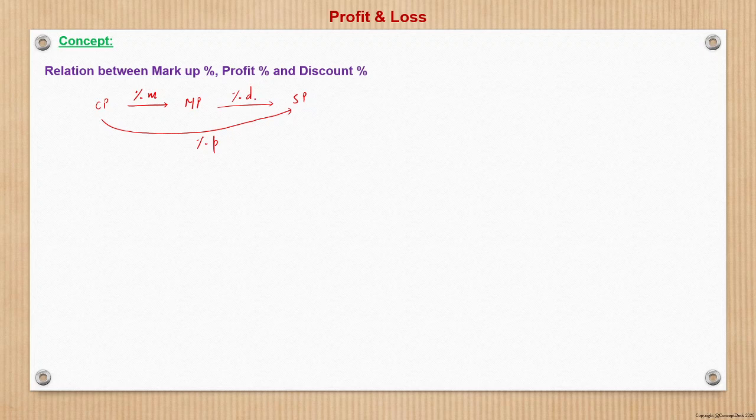When I say successive increment, then if we talk of increment, D is negative, it is a discount. Or we can say that we are giving an increment of M% and then a decrement of D% to arrive at SP over CP. So this we had learnt in the percentage basic classes: when there are two successive increments, the net increment percentage